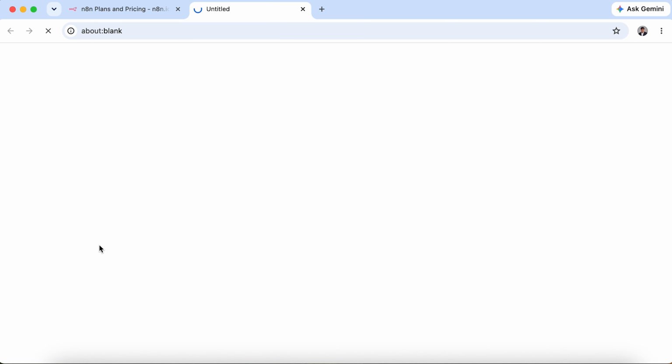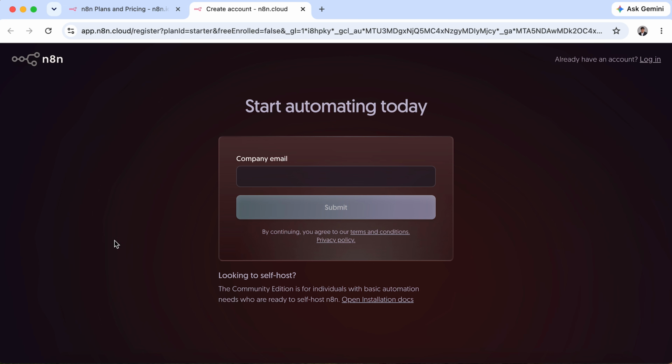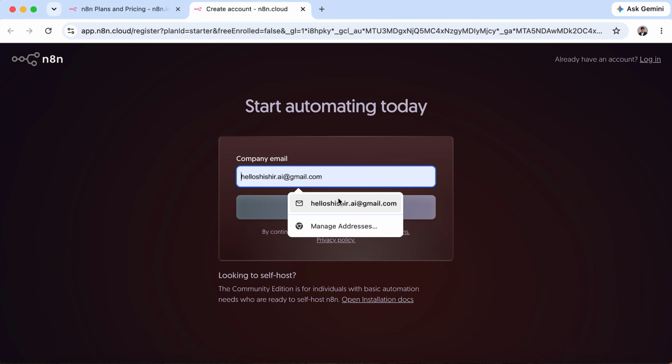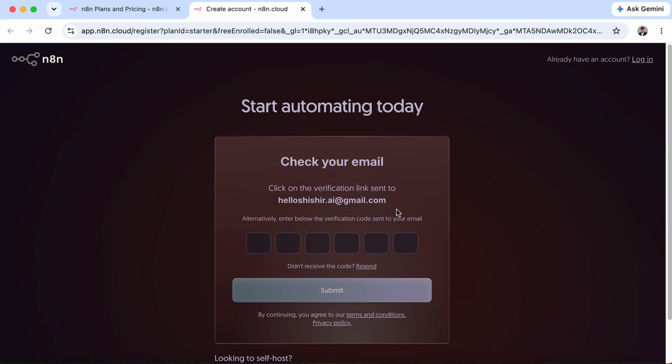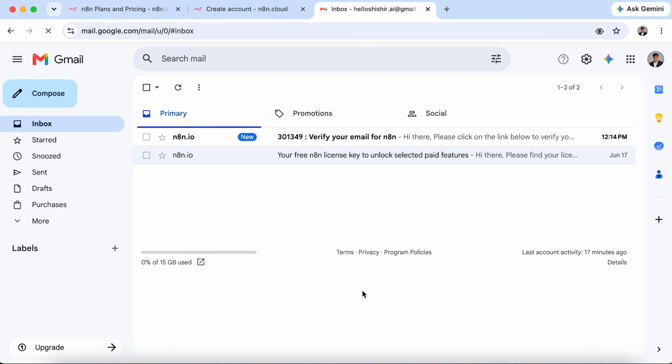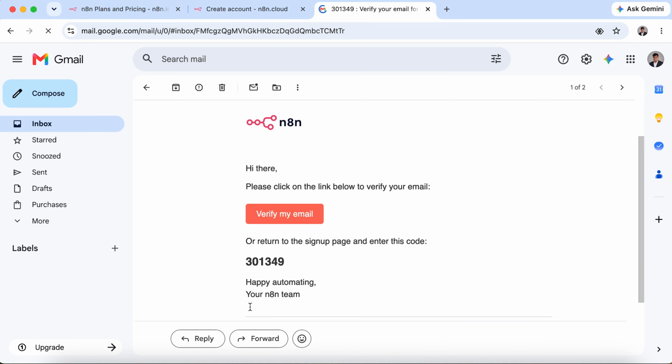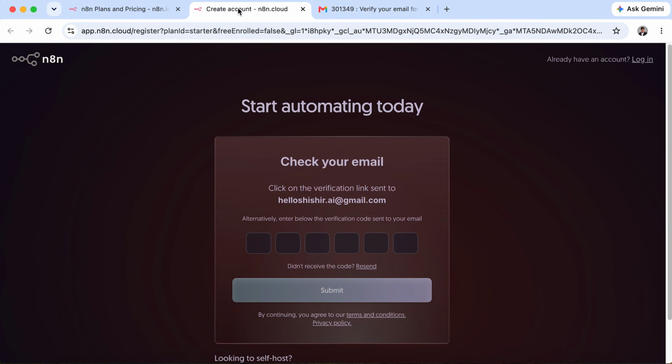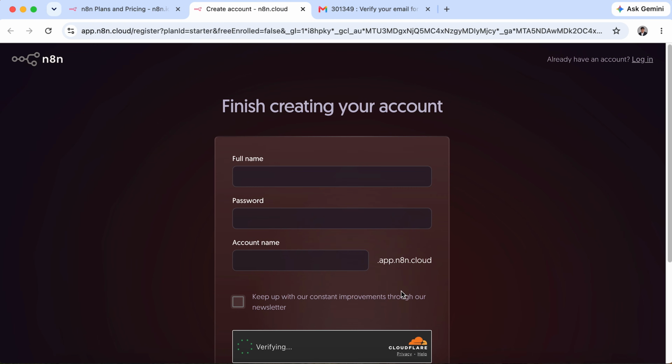So let's click on start new trial, and here I'll enter my company email. This one is mine, and submit. Okay, it sent me a verification mail. Let's go check it. Let's copy this code and paste it back into n8n. Let's submit that. Now I need to fill in my full name,